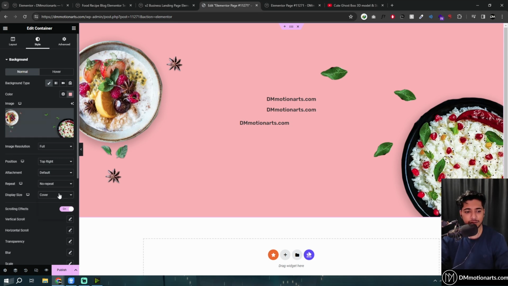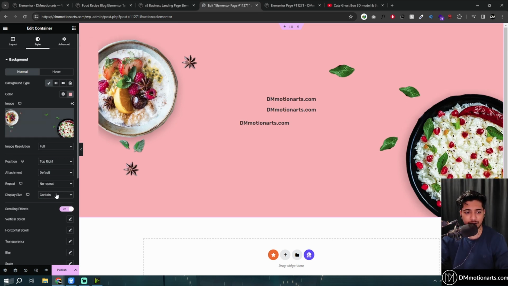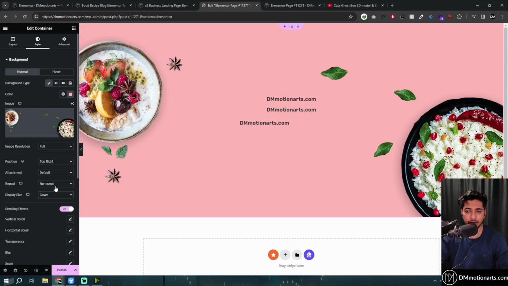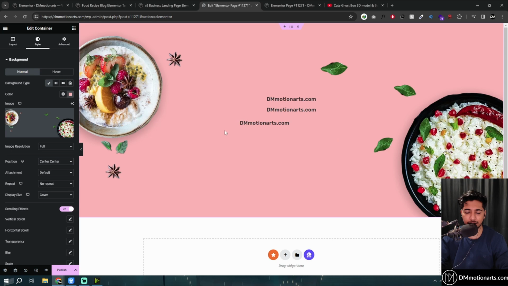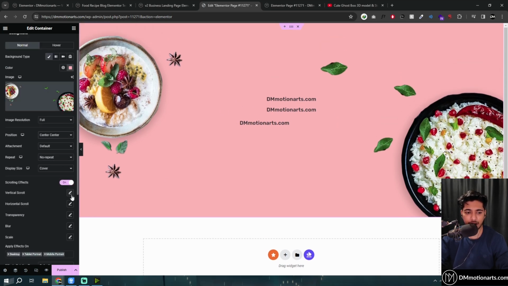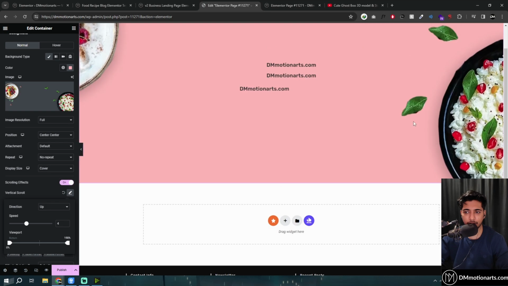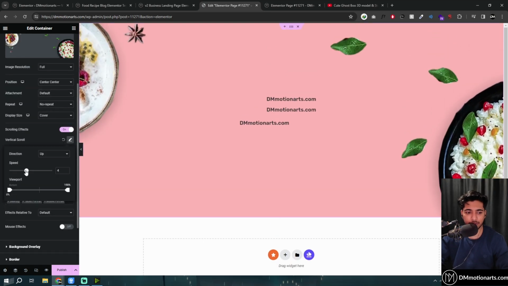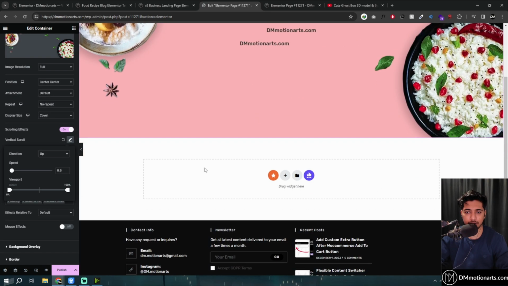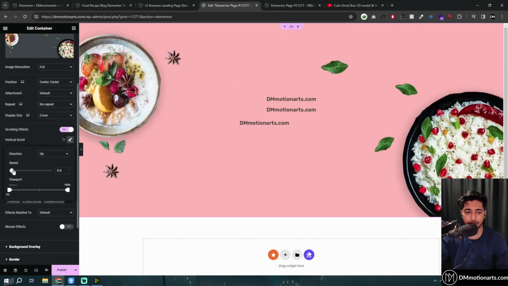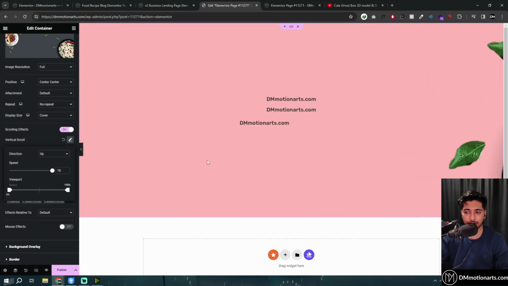This is the image that I've chosen. I'll choose, I guess, contain. Never mind, I'll choose cover, no repeat, and then I'll make it, let's say, center. Why not? And this is how it looks right now, but I can add a scrolling effect. So when I'm scrolling, you could see it is actually moving a bit on top left, and this one controls how much it should move. Right now nothing's moving, but if I add a lot of this effect,